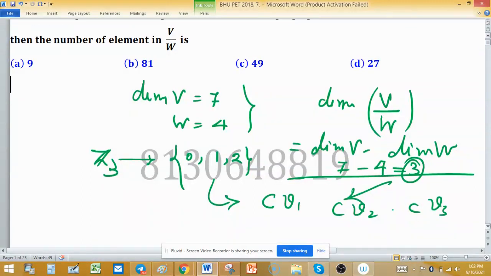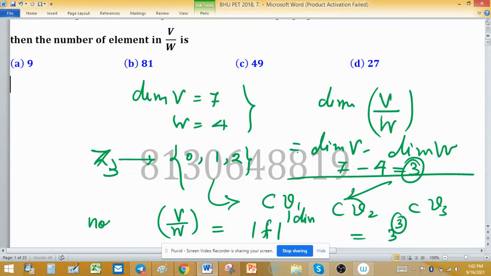So the number of elements in quotient space V over W is equal to the cardinality of F raised to the power dimension of V over W. Cardinality of F is 3, so 3 raised to the power 3, which is the dimension of V over W. So the answer is 27, because